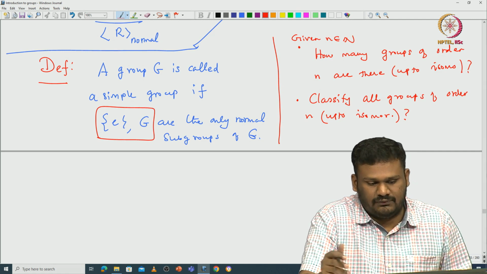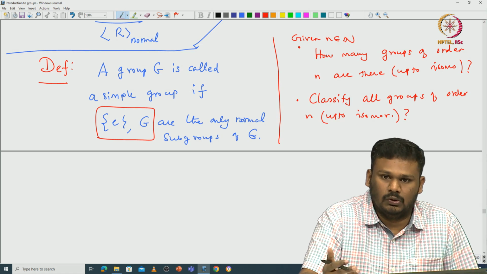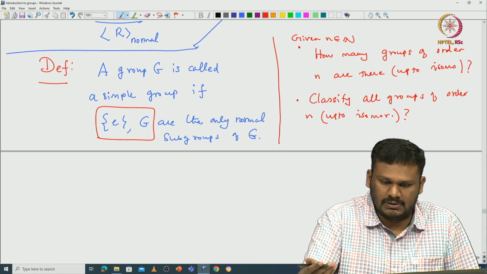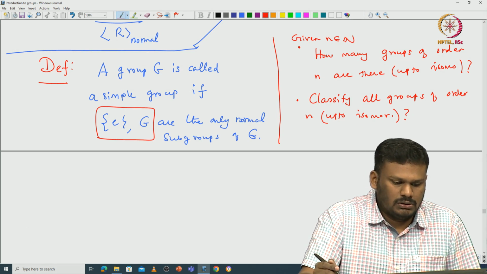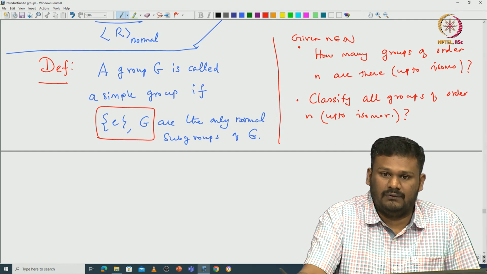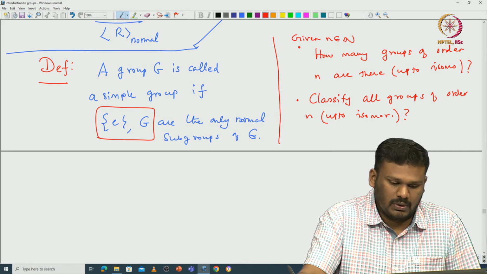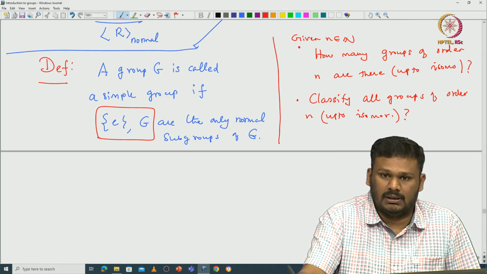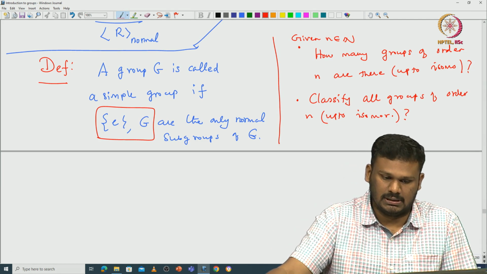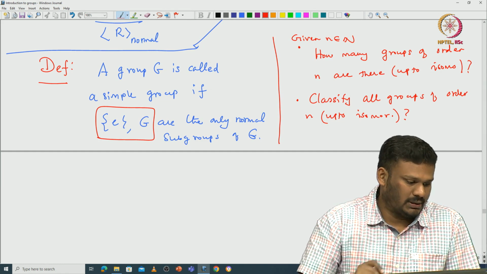If you use finite abelian groups or finite simple groups to build some groups, that will be called solvable groups. Again, the theory of solvable groups is vast. You all must have heard about the classification program of these finite simple groups. You can actually read that in Wikipedia, so I will leave it to you. Maybe I will dedicate one lecture to discussing the classification of finite simple groups. Let us not do it now.